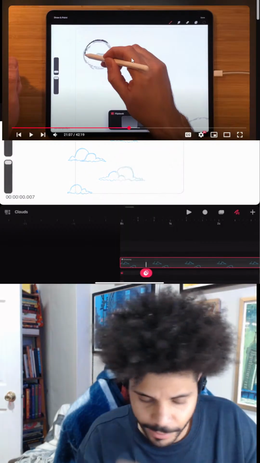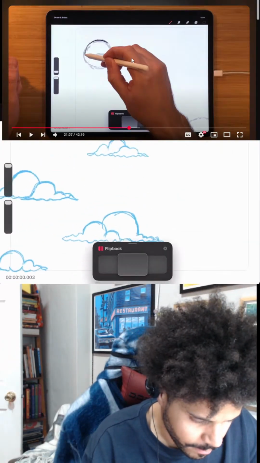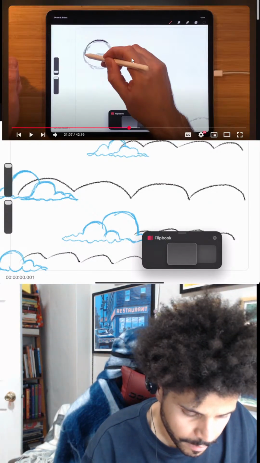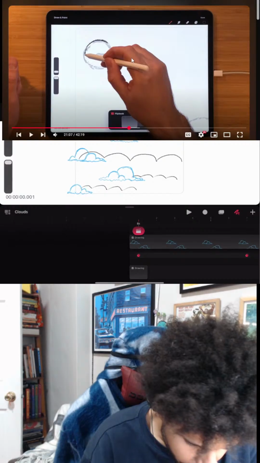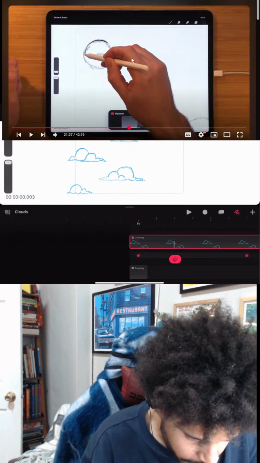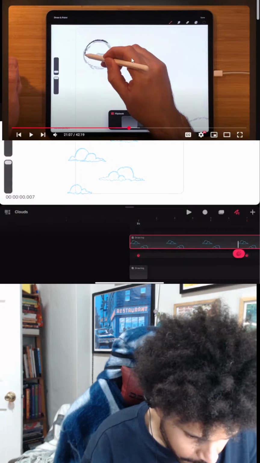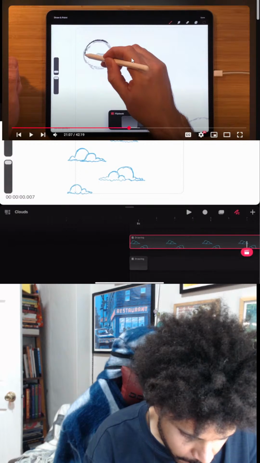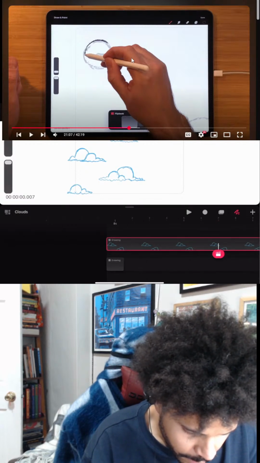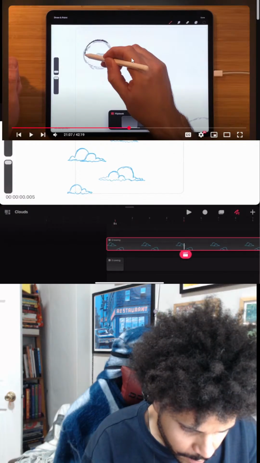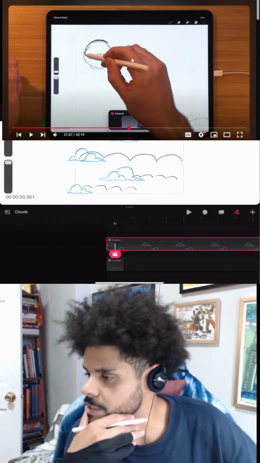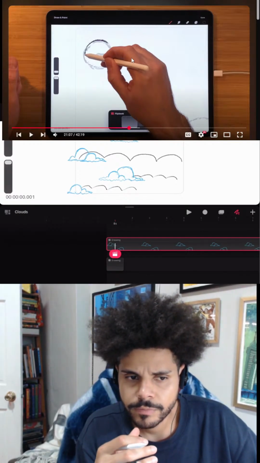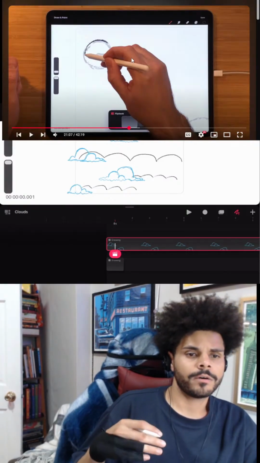I'm going off script. I'm gonna see what happens. Why? Why is it doing this? I wonder if the opacity doesn't stay down, because